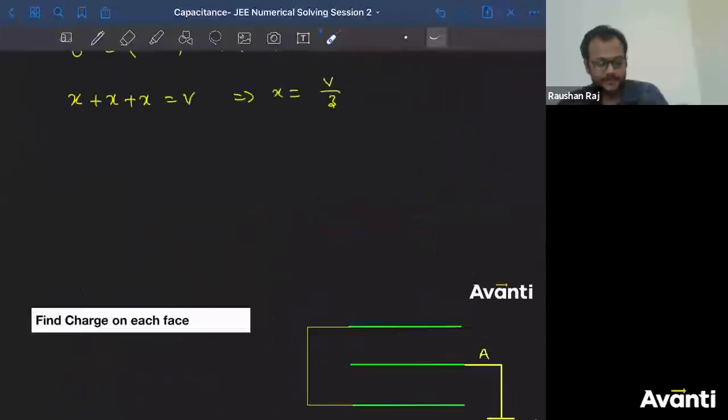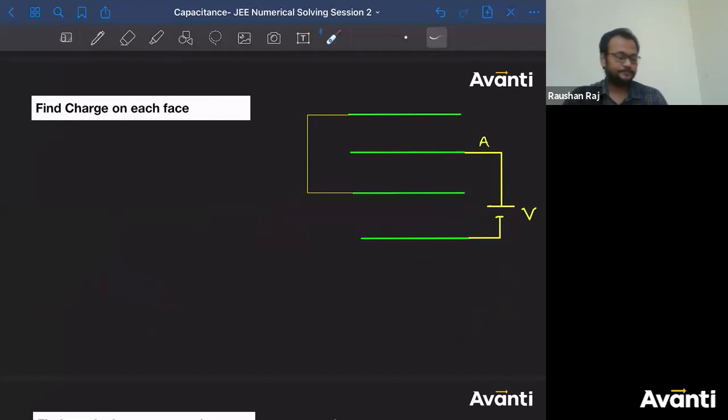Now for practice, let us get the answer for this question, so that you should be able to answer it. Come on, quickly answer this. I changed 5 plates to 4 plates for simplification. Get me the answer for charge on each face. There will be 8 faces. So you know the charge on 2 faces, right? Find out what is the charge on this one, this one, this one, this one, and this one. Try to answer it.